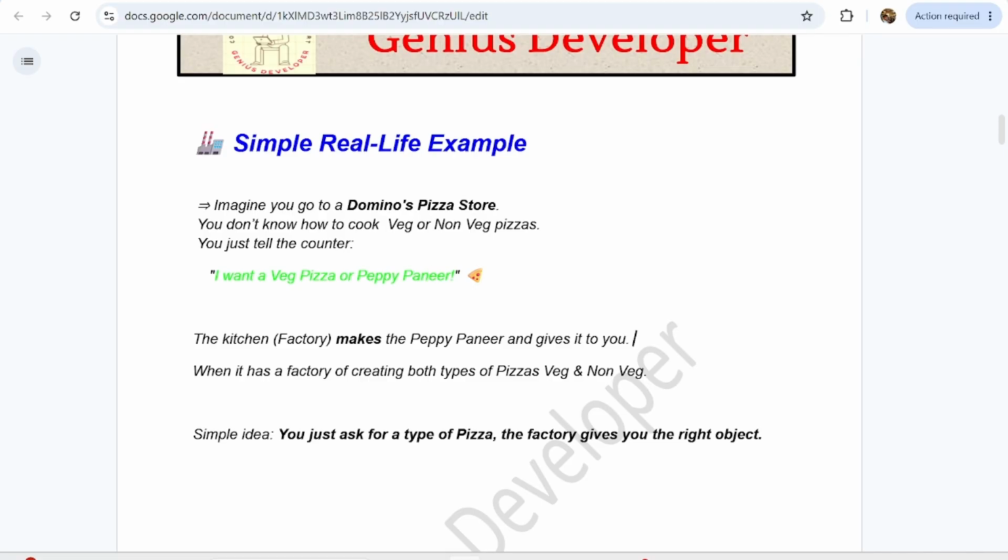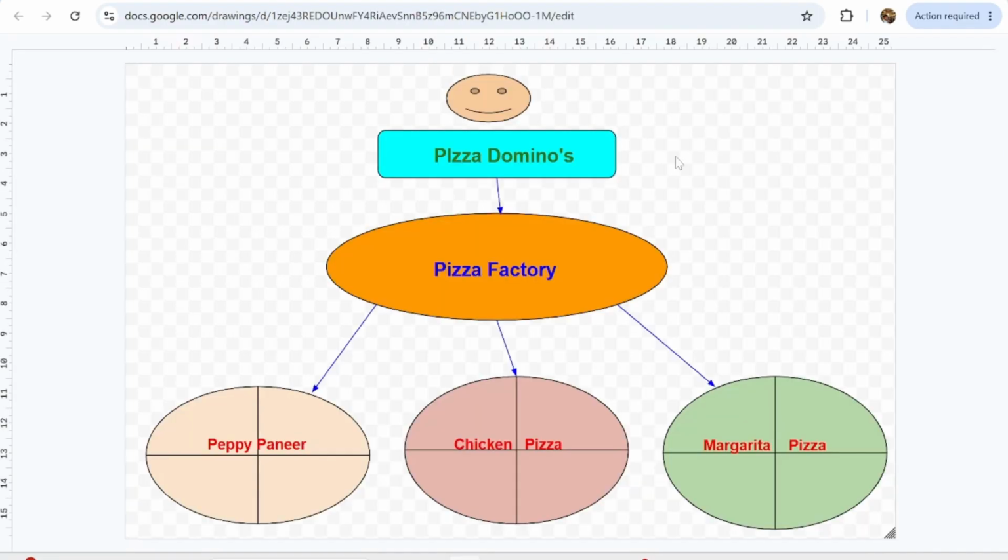Suppose you went to any shopping mall or any Phoenix mall, and you went to the Domino's pizza counter. You will just give the order at the pizza counter, and you will give the name of the pizza, like maybe pepper paneer, maybe chicken pizza, or maybe margherita or farmhouse, anything.